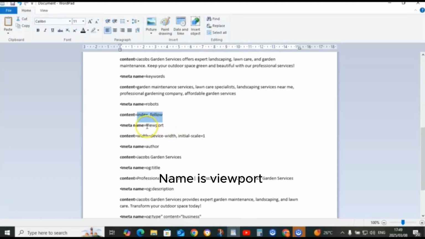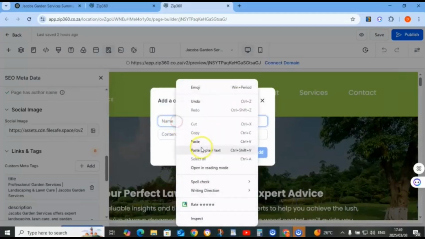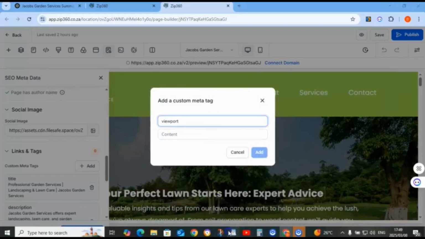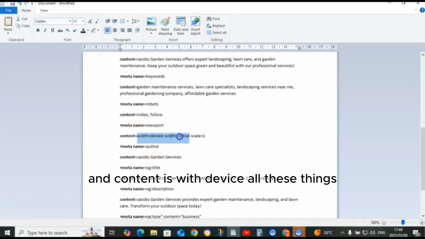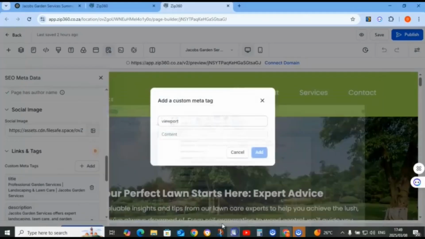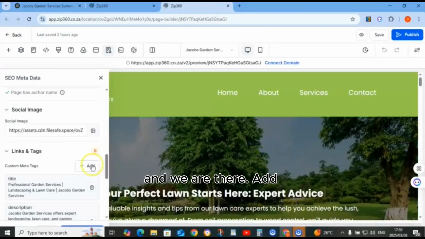Name is viewport, and content is with device, all these strange things. And we go there, add.